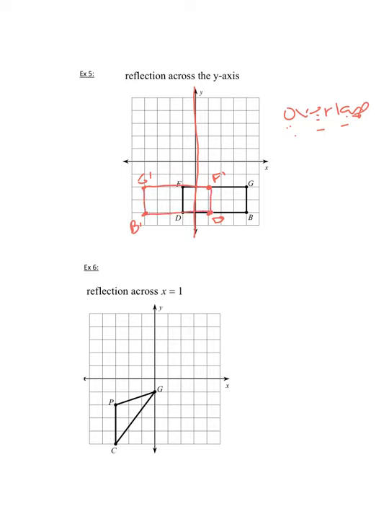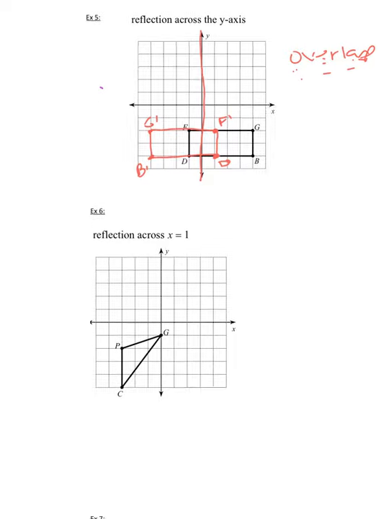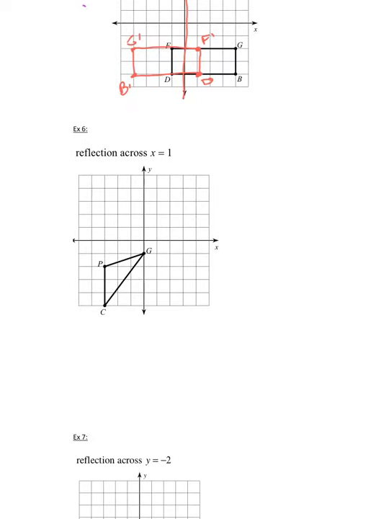So your image could overlap with the original. That's totally possible. Okay? Now, I'm going to take a look at reflections over lines that are not the X and Y axis. So I'm looking at lines, reflections over lines that are not the X and Y axis now. If you remember back to our linear functions unit, we learned special lines. So we have to kind of review really quickly. Special lines,